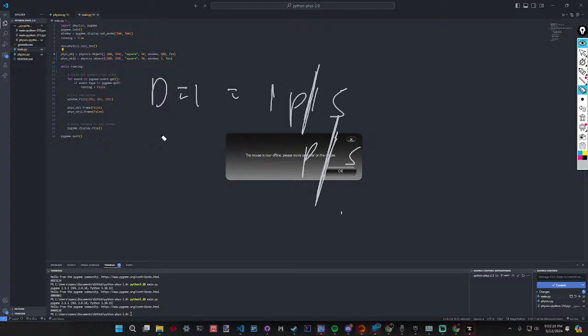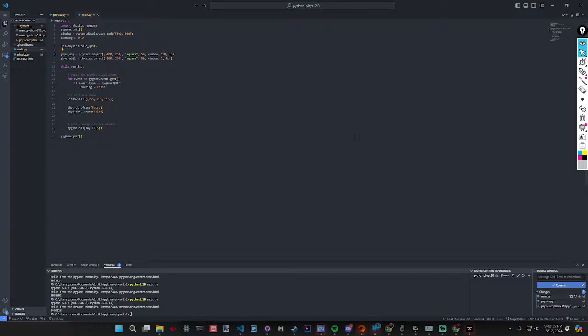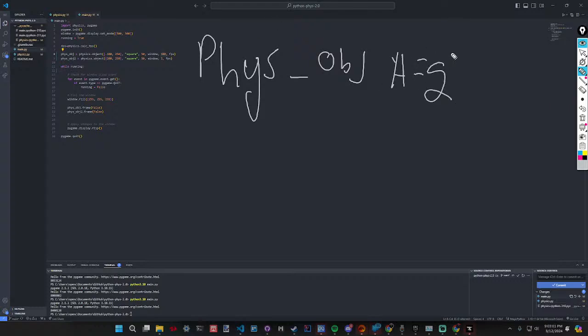And 100. So what it's calculating right now is for the one on the left, phys_obj, we're accelerating. Wait, no, that's not right. Because we're accelerating at g, right? G squared. But for our purposes, I'm just calling it g in the program. So they're both accelerating at g squared, but